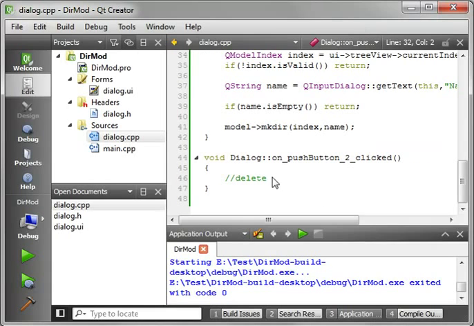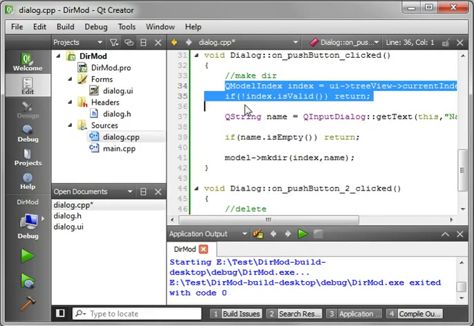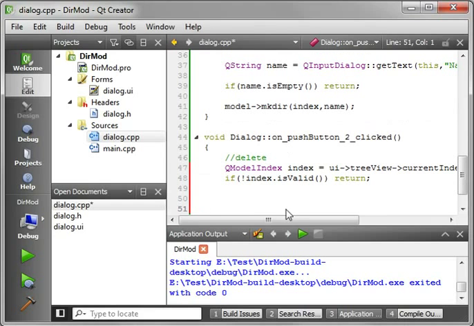Okay, now for the finale of this tutorial, we're actually going to delete stuff. So let's save ourselves a bit of typing by just copying and pasting here. And one thing we want to do is say, if it's a directory or if it's a file, we have to handle it a little bit differently. So if,